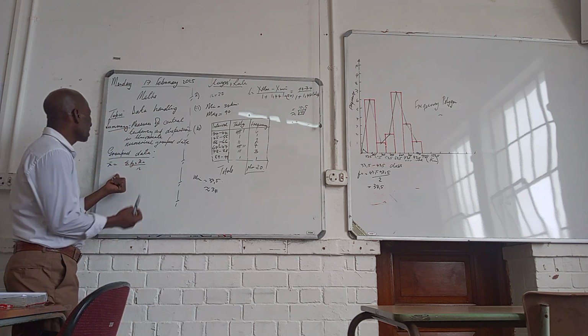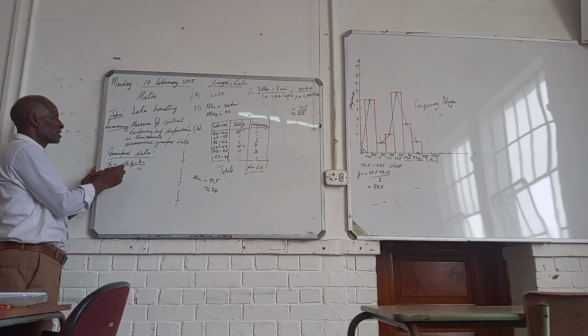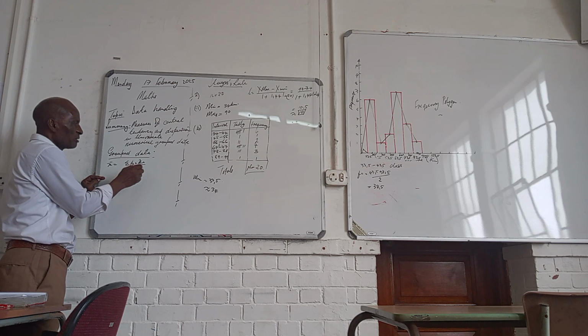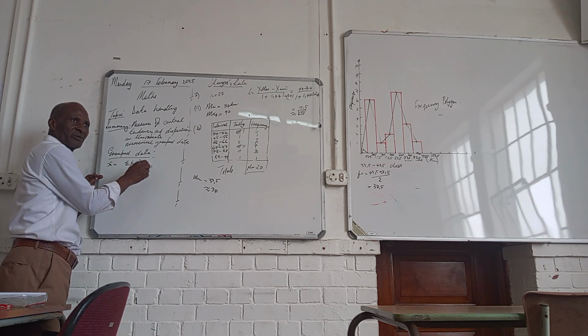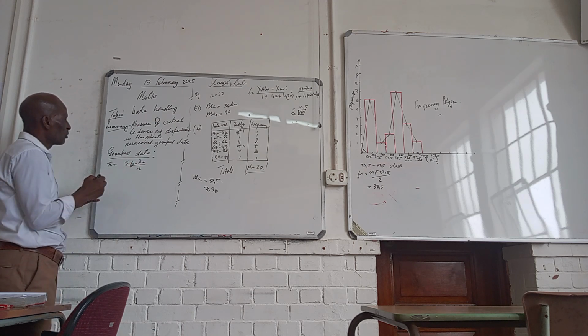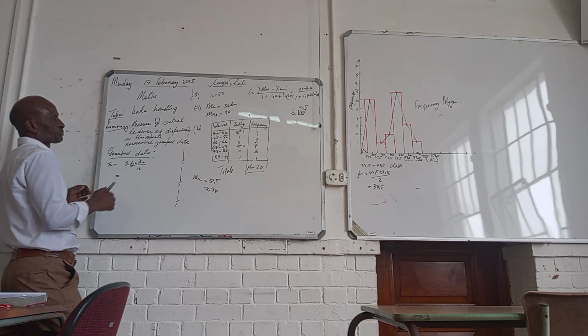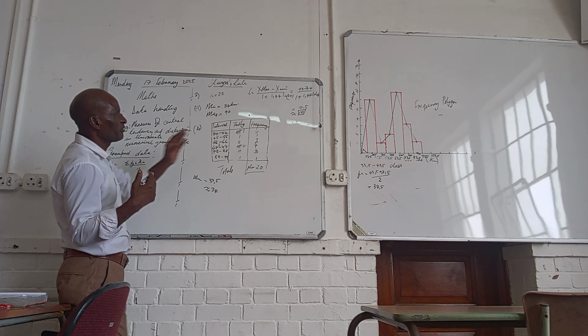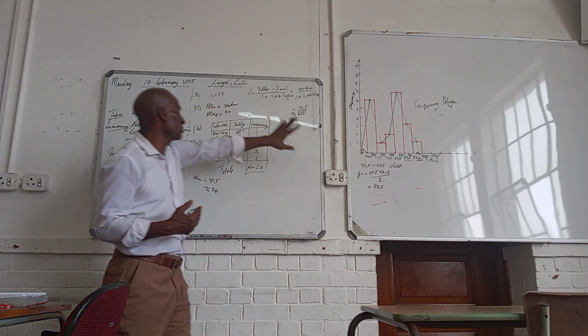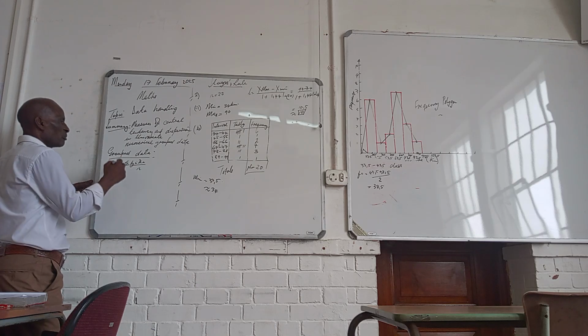Now, why have I said the mean of group data is the sum of Fi times xi? What do I mean? I'm going to say, if I want to get the average of this, let's say find the average of this, I'm going to say the sum of Fi, which means